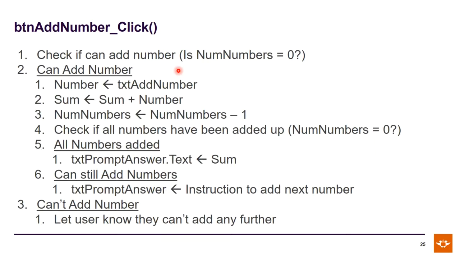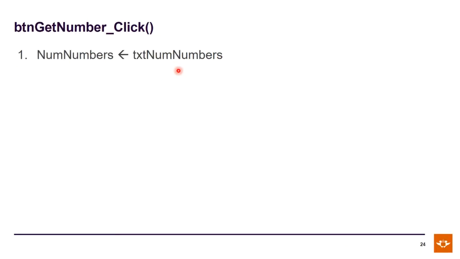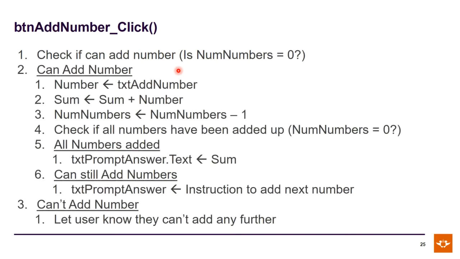And it checks, is num numbers 3 at this point? I mean, is it 0 at this point? No, what is the value of num numbers at this point? Online people, are you getting this? It's 3 at the moment, right? Num numbers is 3. It's 3 at the moment because if you go back to the previous slide, you'll notice that num numbers, I type in 3, I get 3 and I store it in the variable num numbers. I then go to the second text box, put in the value 10, and I press the button.